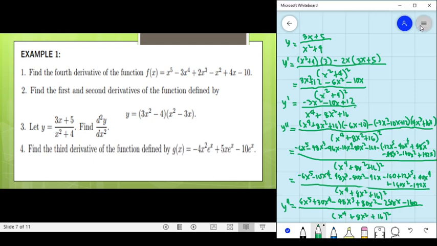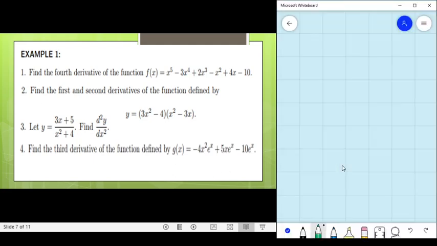Okay, next is to find the third derivative of the given function. g of x is equal to negative 4x squared e to the x plus 5x e to the x minus 10 e to the x. Okay, so to find the third derivative, we are going to find first the first derivative and the second derivative of the given. So we have g of x is equal to negative 4x squared e to the x plus